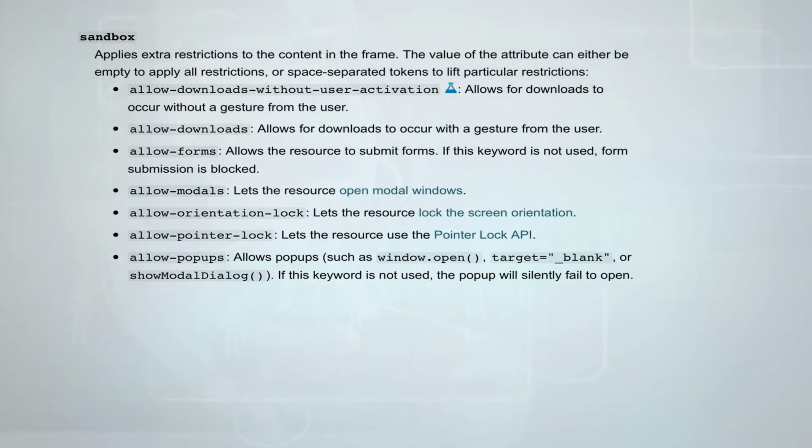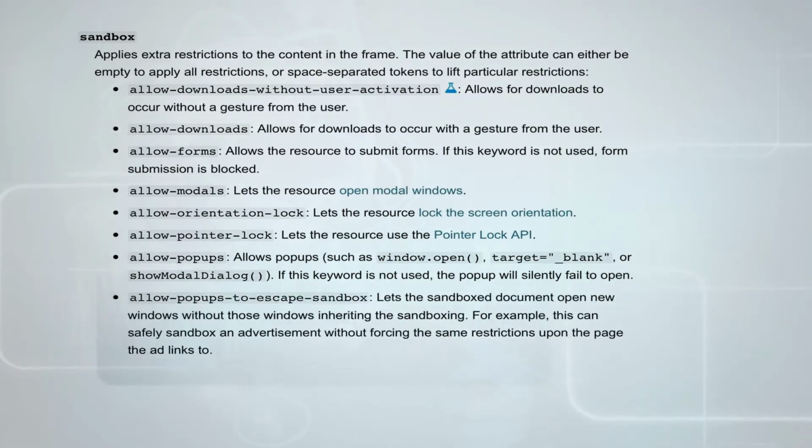So here what you can see is that you have allow pop-ups to escape sandbox. It lets the sandboxed document open new windows without those windows inheriting the sandboxing. For example, this can safely sandbox an advertisement without forcing the same restrictions upon the page the ad links to.